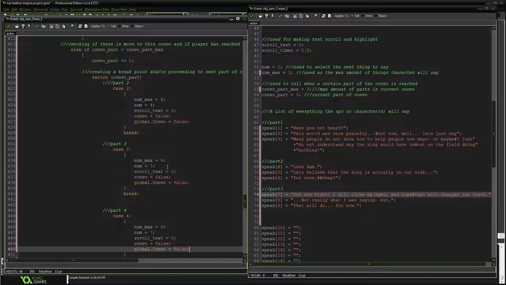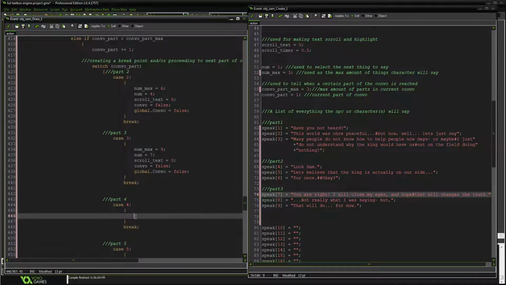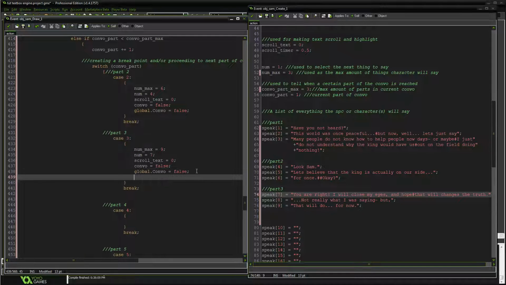And because of how the whole engine's set up, this will automatically keep making the numbers not... Actually, we don't need to do that. Inside of here, wow, I did not realize this, but you can simply just do this. Boom. It resets the part down 1. And then it will automatically keep being less than 3, and so it will automatically stay on 3.